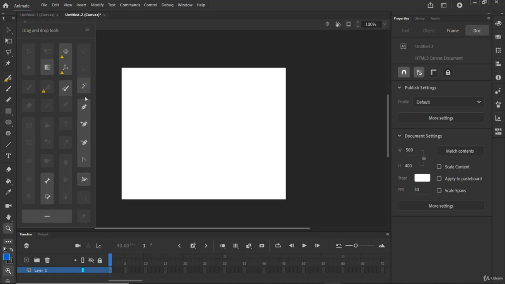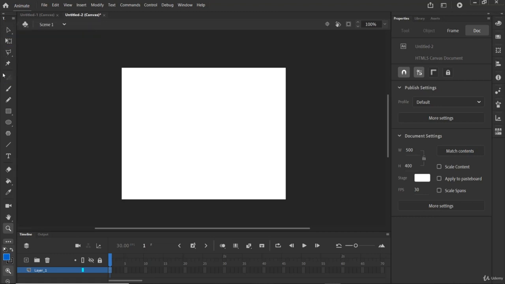And you have this magic wand, and you have this pen tool. So in this course we're going to talk about some of these tools. We'll be using different shapes, pen tools, transform tools, and other tools like the paint bucket. I think you understand these tools.